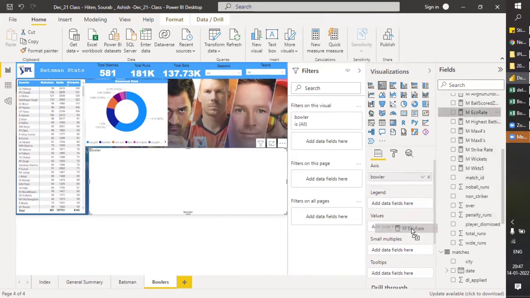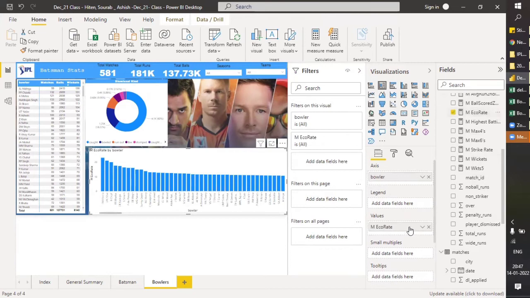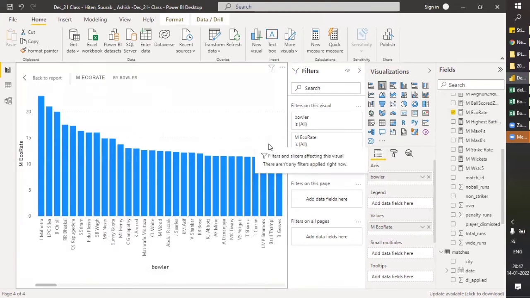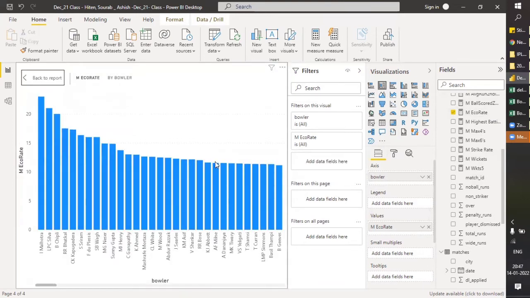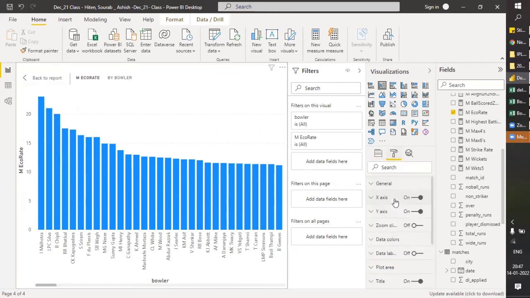Economic rate in the values. Large, it will be better to see. Okay, and then let's have a data number so that it's easier. Yeah, it's now showing in decimal, means we are on the right track. Earlier it was not showing.